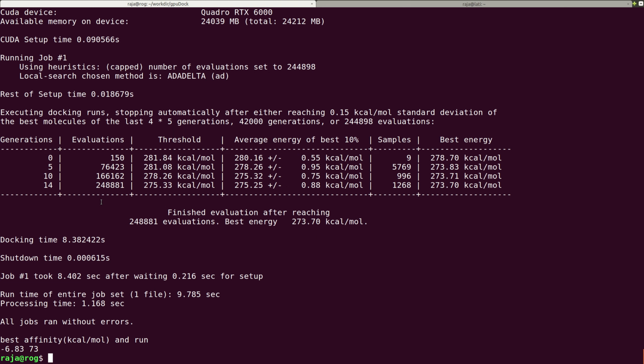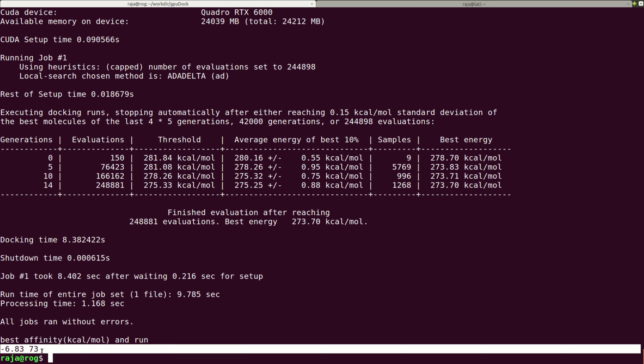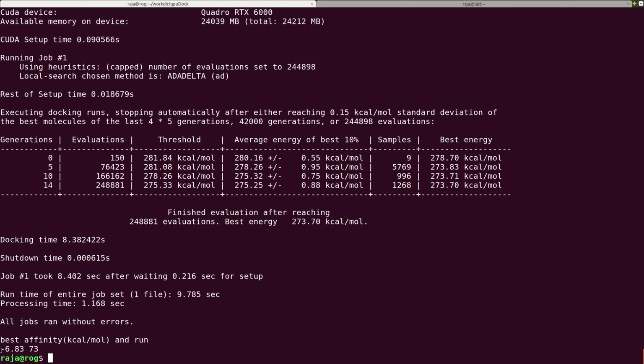This is the typical output on the screen of this run, and it tells us about timing and how the run has been conducted with different columns, generations, evaluations, etc. And the final answer is right here. That means the lowest binding affinity is 6.83 at pose number 73. So this is how we dock a single ligand on this protein,